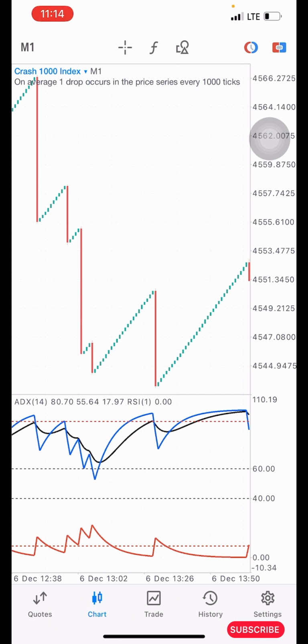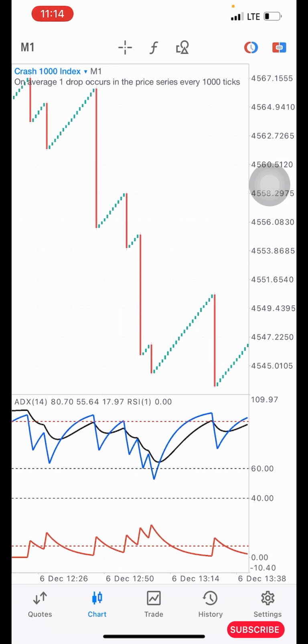Okay, so as you can see here, we have only one indicator window, and then we have the main chart right here. Right now, this is how you trade with the strategy. Now you can see on the main chart we have a series of spikes